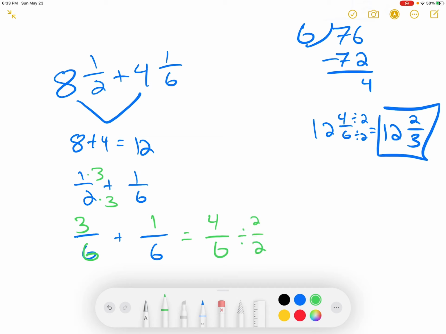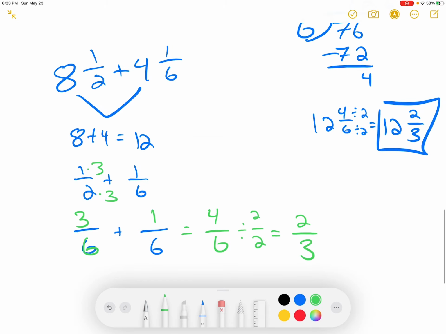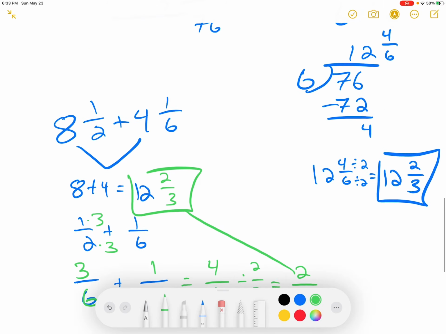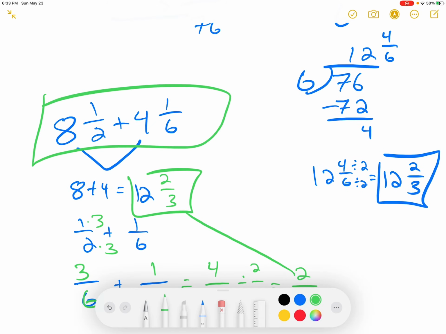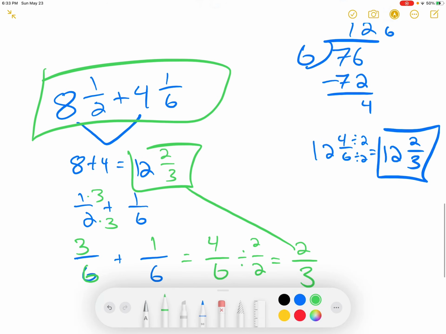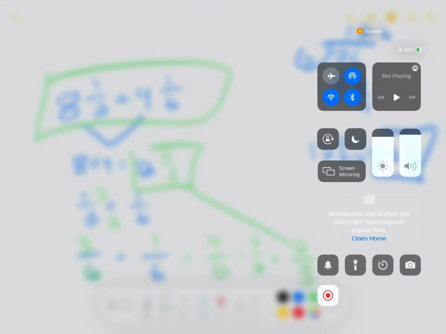3 plus 1 would give you 4 over 6. You can divide by 2, divided by 2. 4 divided by 2 is 2. 6 divided by 2 is 3. You would get 12 and 2/3. All right, so maybe you just do this faster way, but I just gave you two different